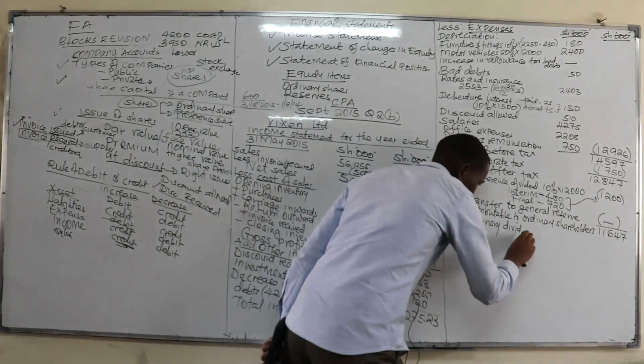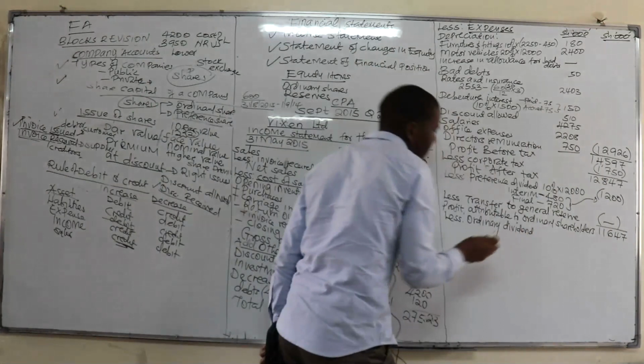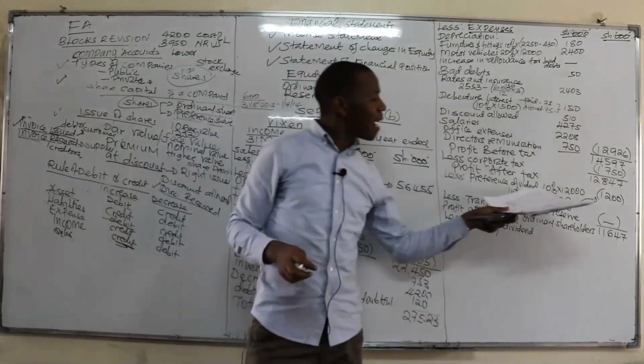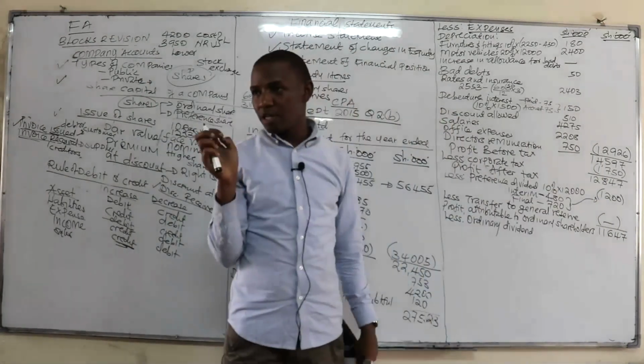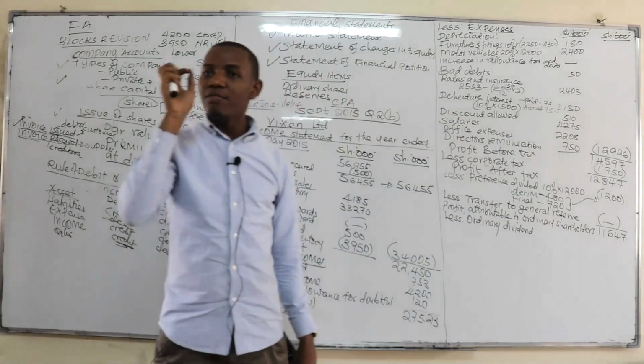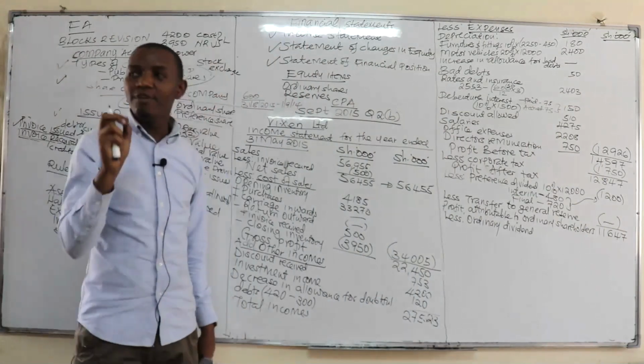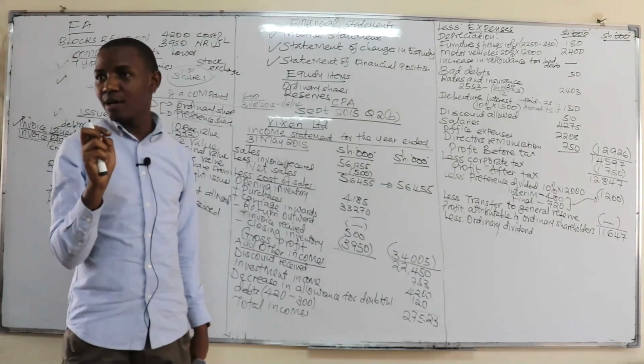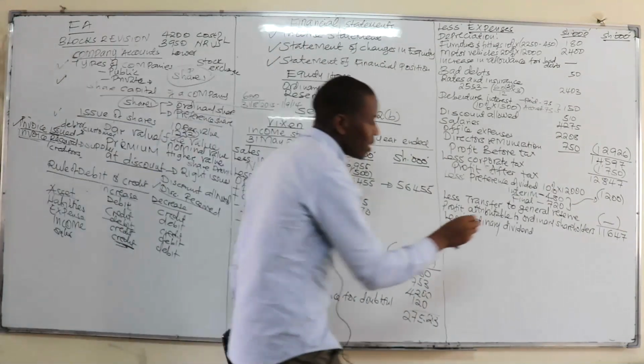Ordinary dividend. I want you to differentiate there. Now for the preference shares, they are paid at a fixed rate of dividends. Are we together? But for the ordinary shares, they will only be paid when the dividend is declared. Are we together? So in this case, when you check on the interim,